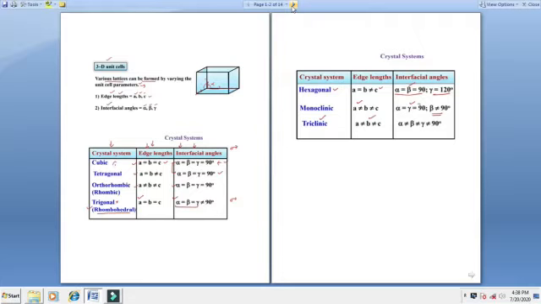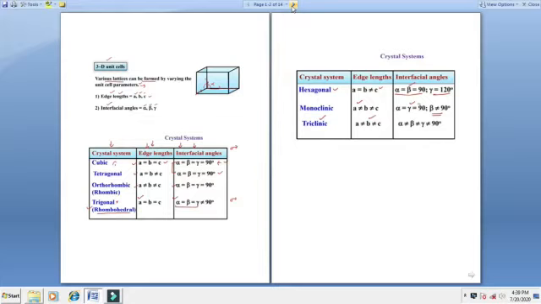Now if we just vary these parameters one by one, we will come across different types of crystals. So it has been found there are 7 types of crystal systems which exist. First is cubic crystal system. In this, all the edge lengths are equal. a equals b equals c, and all the interfacial angles are also equal. Alpha equals beta equals gamma, and they are all at 90-degree angles to each other.